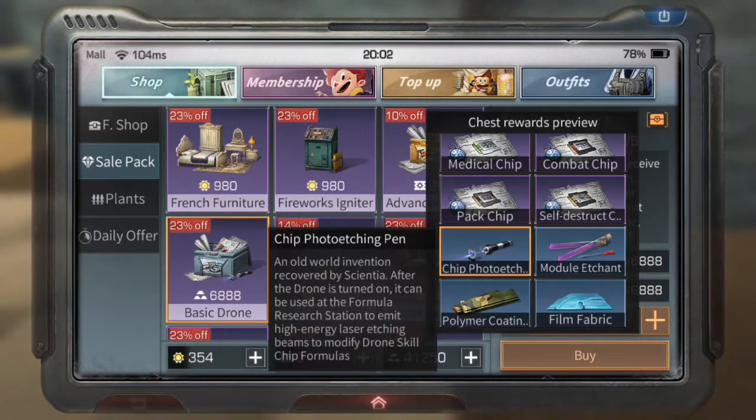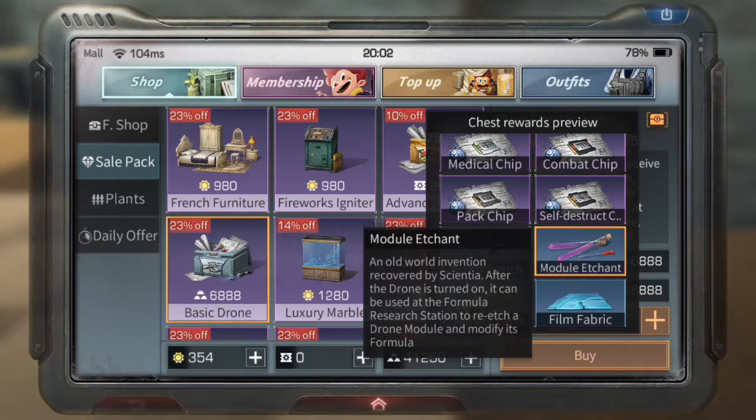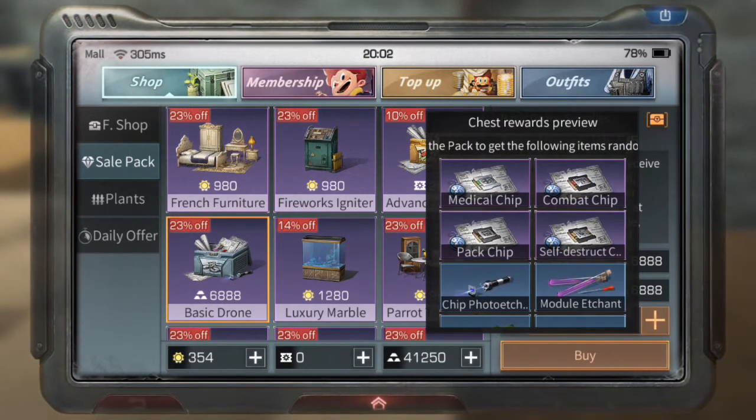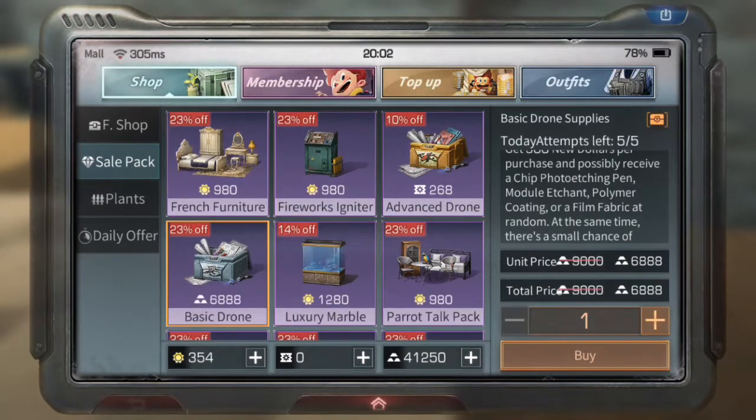And with the chip photo tech and model enchant, that's how you would modify the stats to your drones, just like you would your weapons and gear. But that pack is the freebie. If you spent a little bit of money,